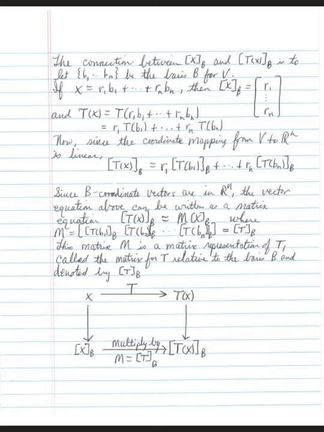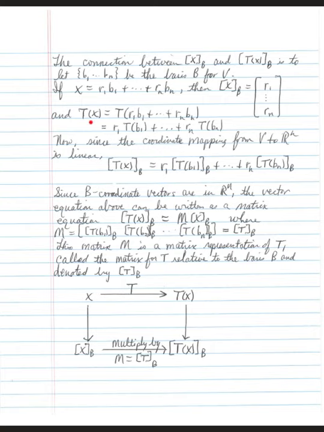V. If x can be written as r1b1 plus all the way through to rnbn, then x sub B is just a column vector of the weights. And T of x is the transformation of that vector. Because it's linear, these weights or constant values can be pulled out. So it takes on the form r1 times the transformation of b1 all the way through rn times the transformation of bn. Now, since the coordinate mapping from V to Rn is linear, you can write all this